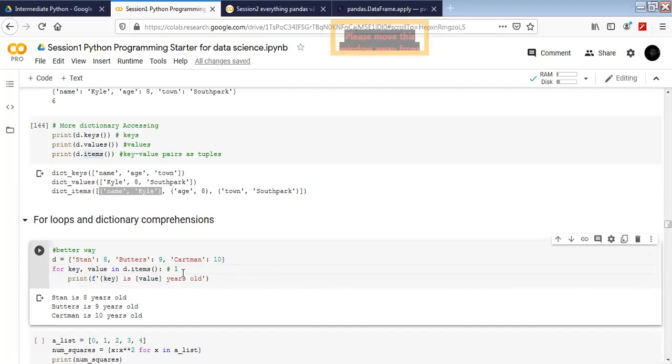What is going to be my key? Butter and Butter. And the value is going to be 9. Yes. And at the counter number 2, what's going to happen? The key is going to be what? Yes. And value is what? The number is 10. Perfect. Is it clear now how we iterate through a dictionary using a for loop?